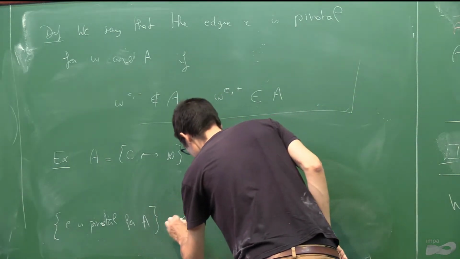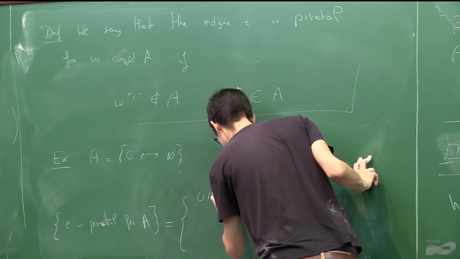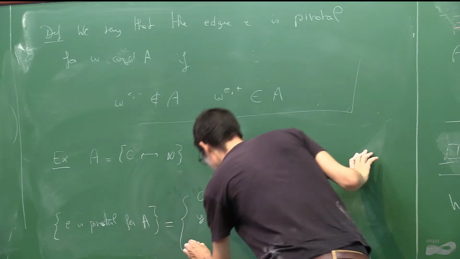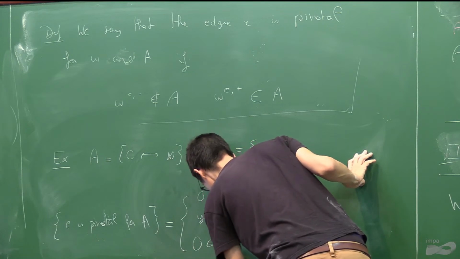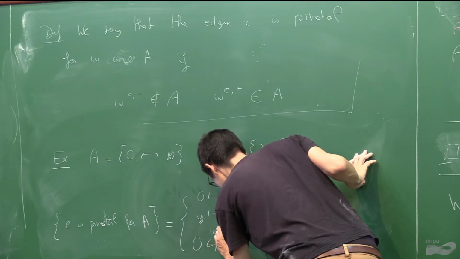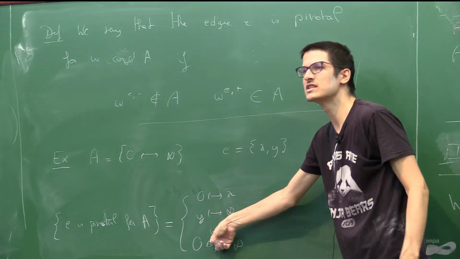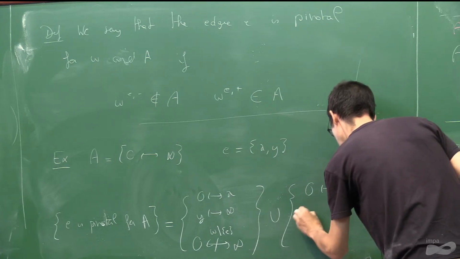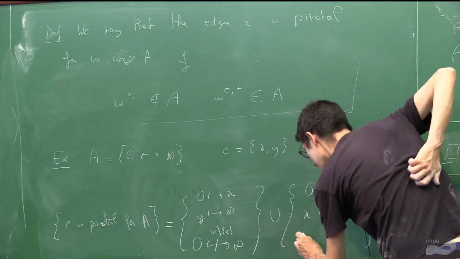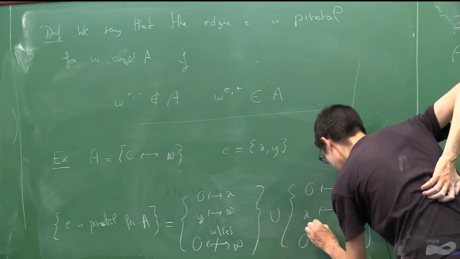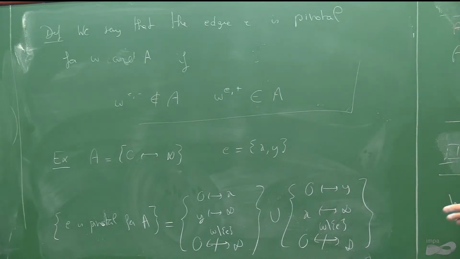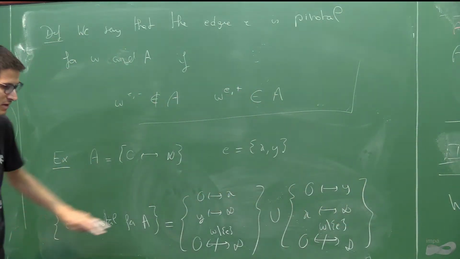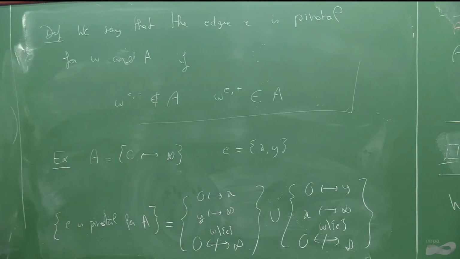either two things occur. So first thing, 0 is connected to x, y is connected to infinity, and 0 is not connected to infinity in omega minus E. What I'm saying here is just a set of open edges minus the edge E. Or 0 is connected to y, x is connected to infinity, and 0 is not connected to infinity if I am not allowed to use the edge E. Or another way to describe this event is to say, well, if I force the edge E to be open, if I don't look at omega, then 0 is connected to infinity, and all these paths going from 0 to infinity have to use this edge E.